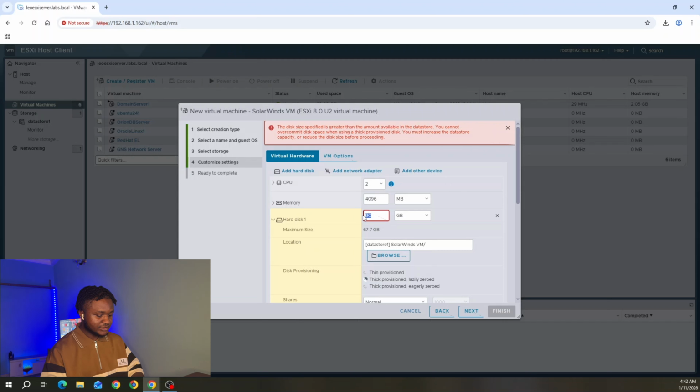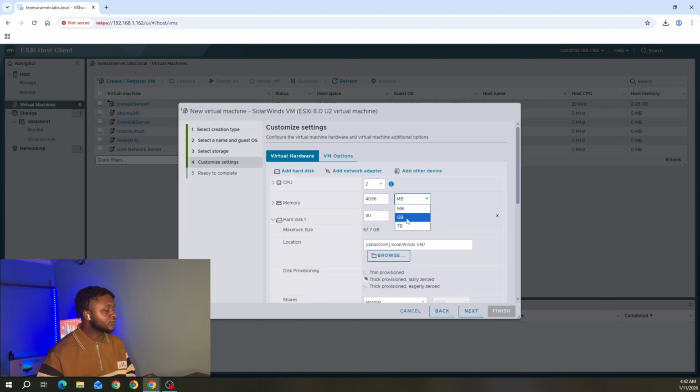Let's give it a disk size of about 40 gigs, about 16 gig of memory, and the CPU will be a 4-core CPU. So guys, before you assign system requirements to your production server,